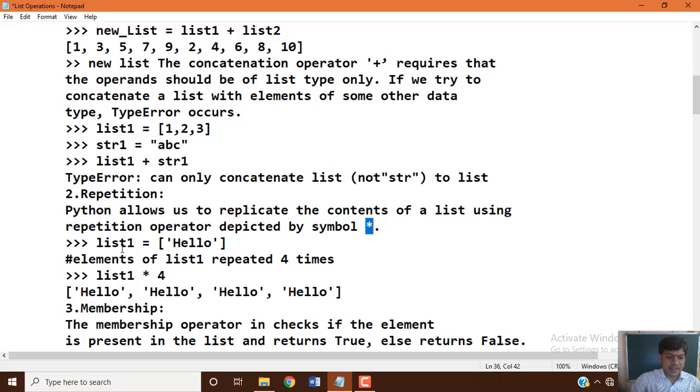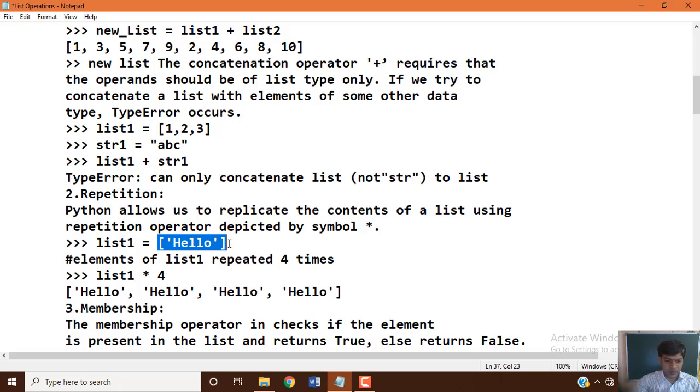So, let's take an example. List1 equal to a string value, which we took here, hello. This value, if you want it to be reflected multiple times, it can be replicated multiple times.